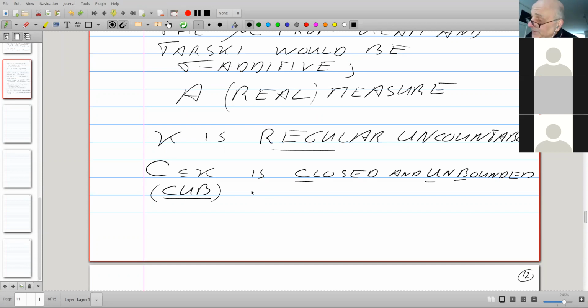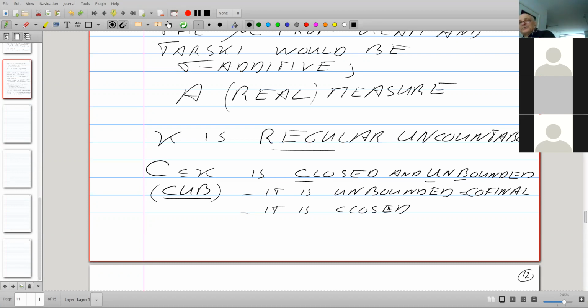Well, if it is unbounded, and that just means cofinal. So that is not really a new term. We have been talking about cofinal sets a lot in defining the cofinality, for example, and it is closed.